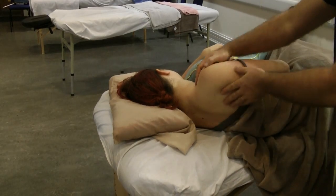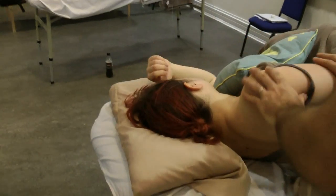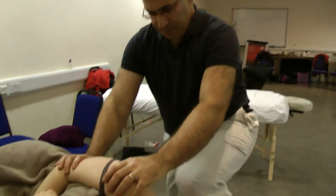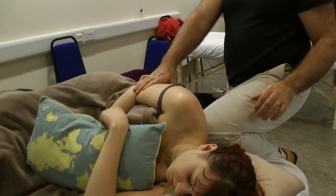Good. Let's swap. Come in the front, please. Come into the front. And how many clients do you know that have the shoulder forward, located forward? Quite a lot, right? Which muscle would be tight in front? Pectoralis, right. So what you can do to work on that, you're putting your knee there, not on the spine, a little bit more above,